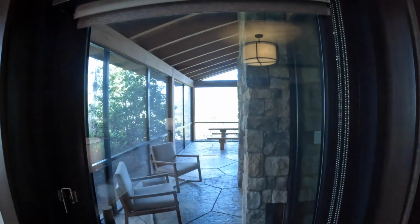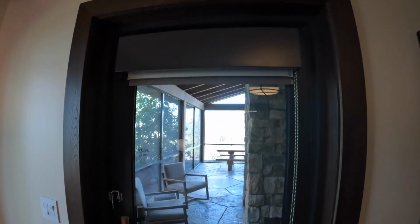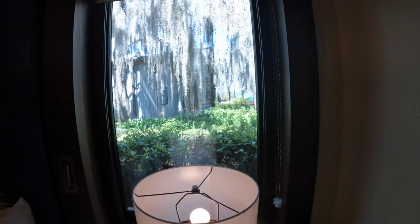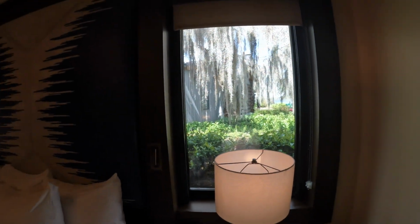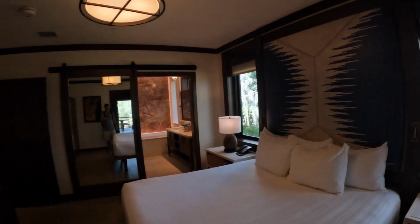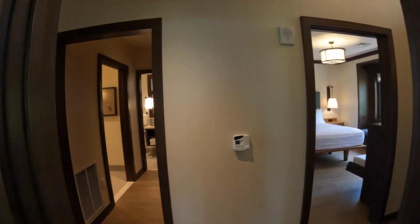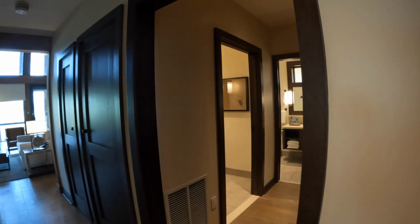As we make our way to the door here, you'll see this is the back porch, and we're going to get to that in just a minute. That back porch is one of my favorite features about the cabins here. And of course that look out the window there gives you that wilderness feel with the nice tall trees and the moss. So as we make our way back out into the hallway here, we're going to cross it one more time